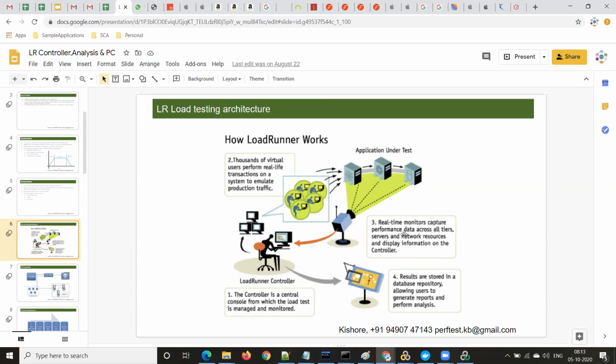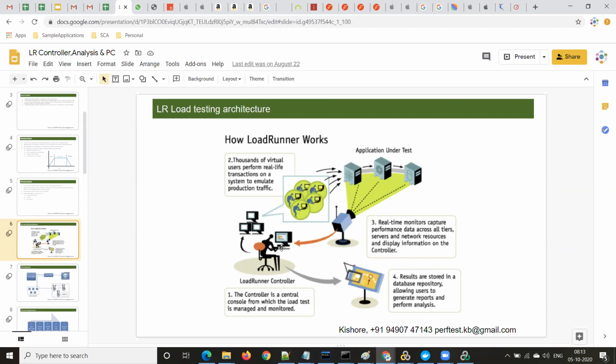Once we start using the controller, you'll see how it monitors and how you get real-time performance data.